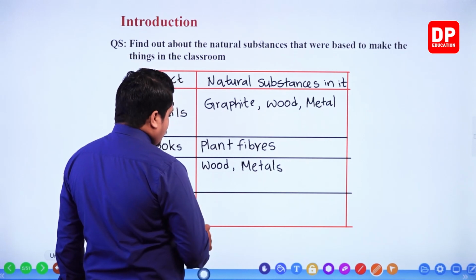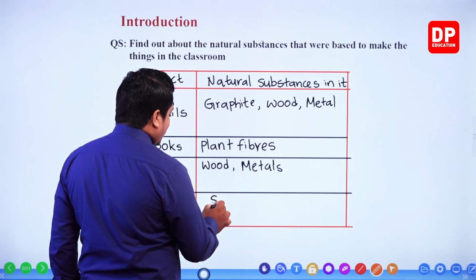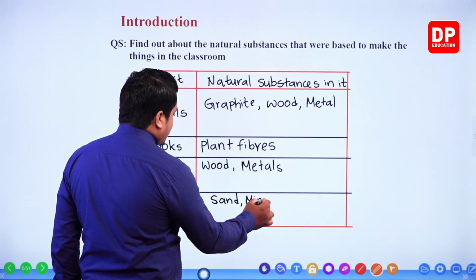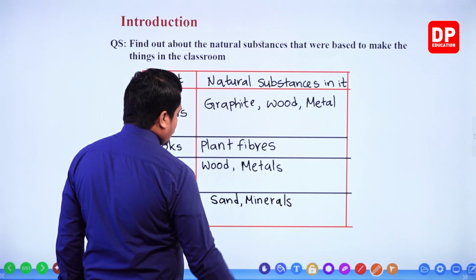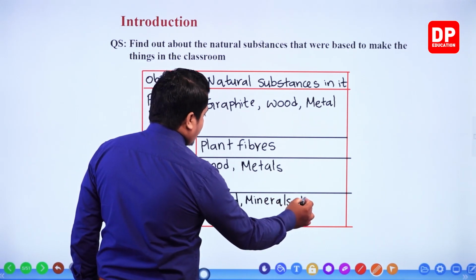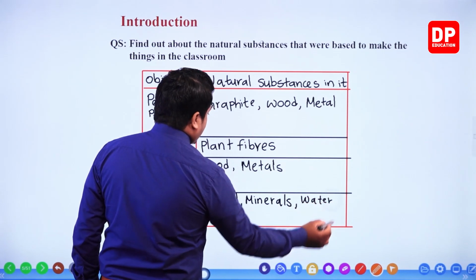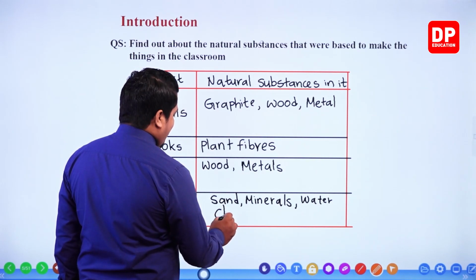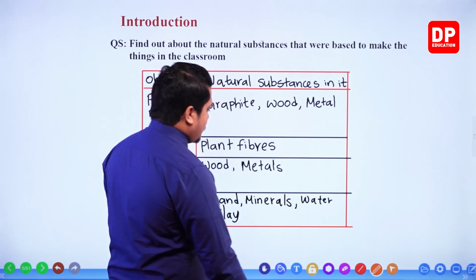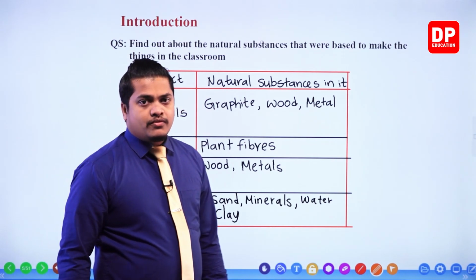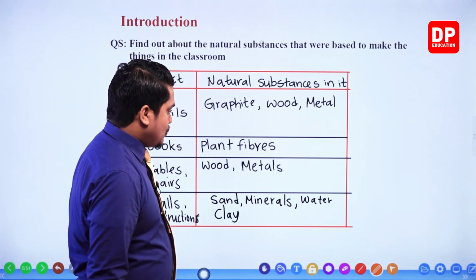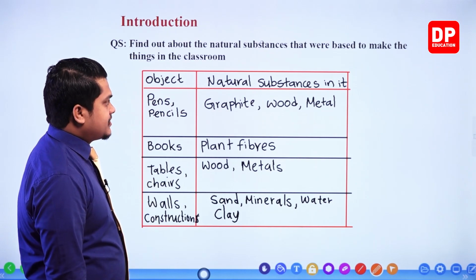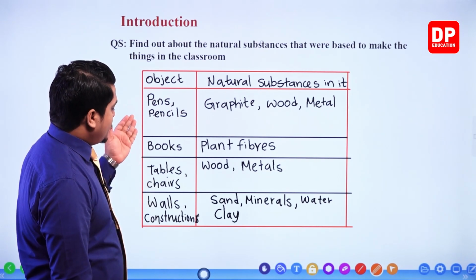However, certain types of sand and minerals, these things can be observed, right? And also, my dear children, we utilize water in making cement mixtures, right? Water. Then, my dear children, clay in making bricks, right? Clay is directly found from the earth crust. So, these are the things which we can observe as natural substances within the objects which I have mentioned at